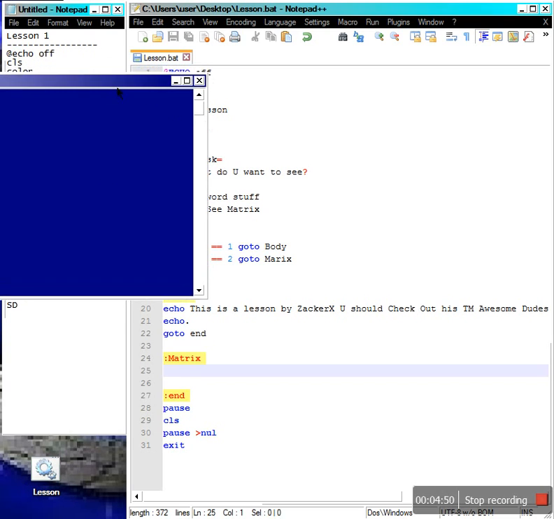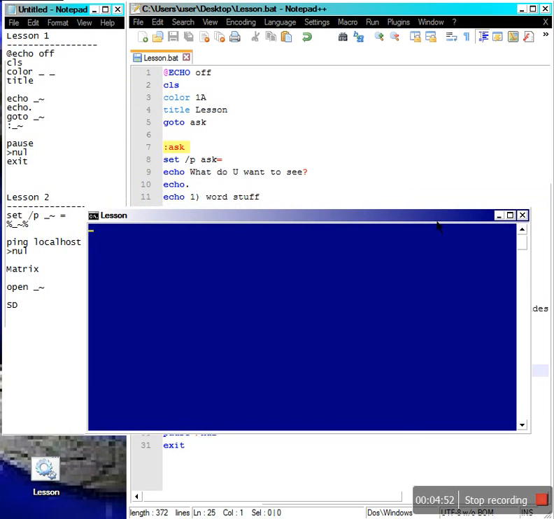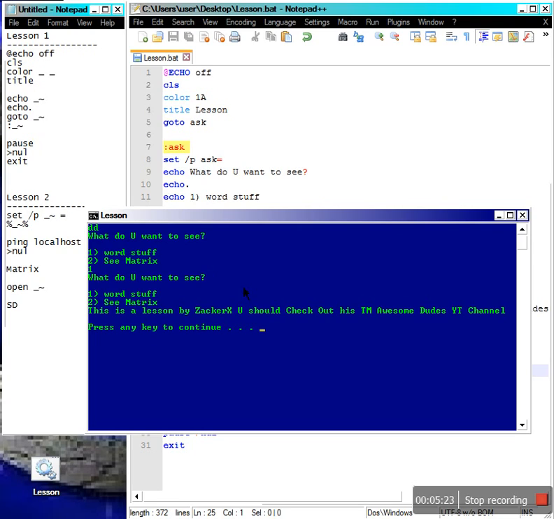So we open up our program. Okay, so what do you want to see? So far, it echoed word stuff and C matrix. So we haven't put the coding in for the matrix yet. So we're going to go to number 1, which is word stuff, and then it'll come down here, and it'll show,